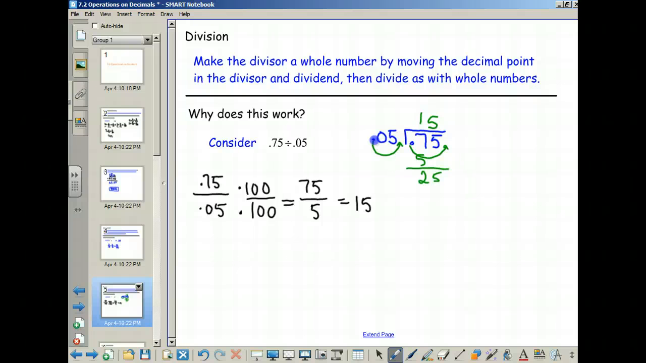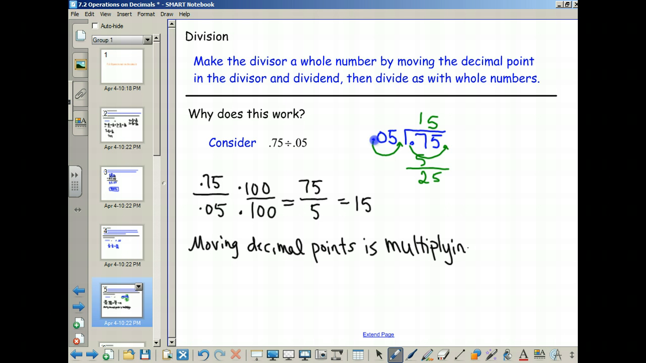So I'm going to actually write down what I just told you, because I think it comes back up again in your homework. Moving decimal points is multiplying by a power of 10. Now, that power may be negative, and if that power is negative, then that's in essence dividing, but you can sort of include that all the way. So multiplying